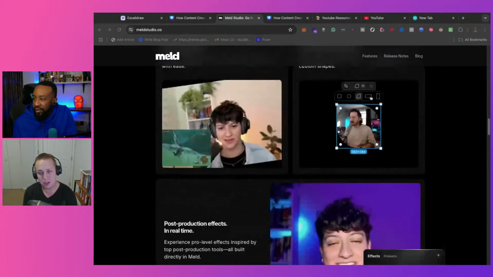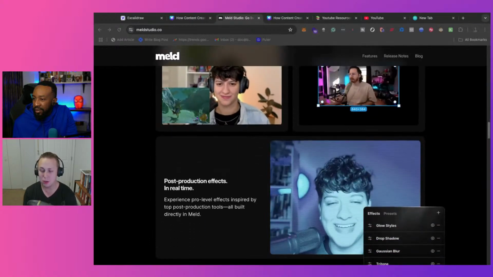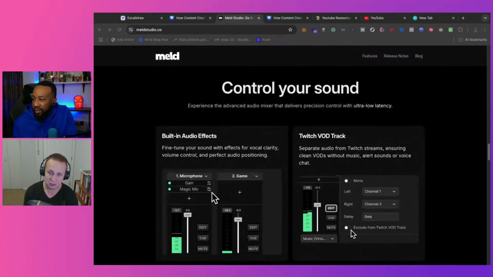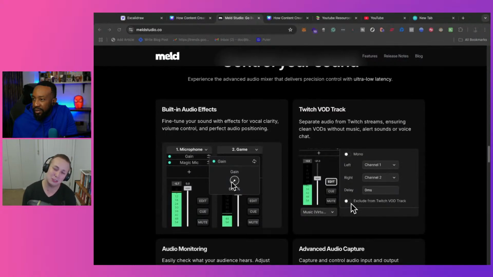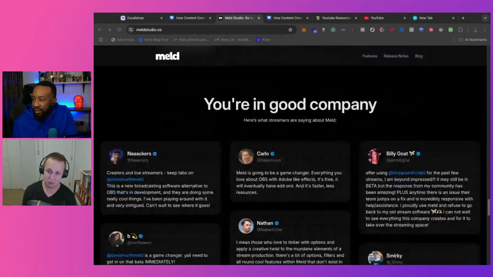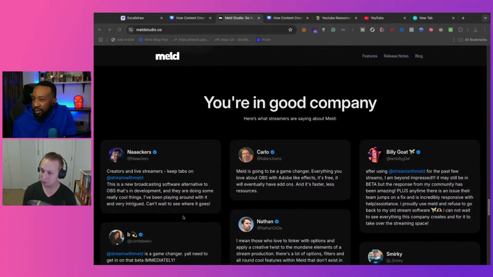But it has all these animations and shapes and all the stuff you want to do in OBS, all built into it without having to have extra plugins and post-production. Even look at that stuff there. They have all these features built into it, even better than Streamlabs, which I would say is a pretty well established tool.